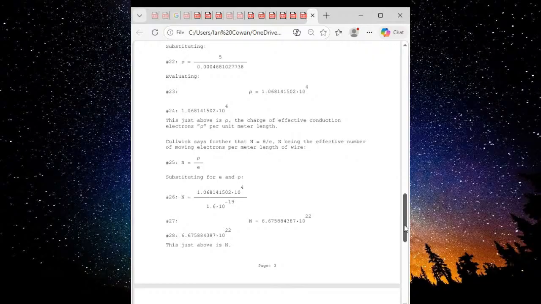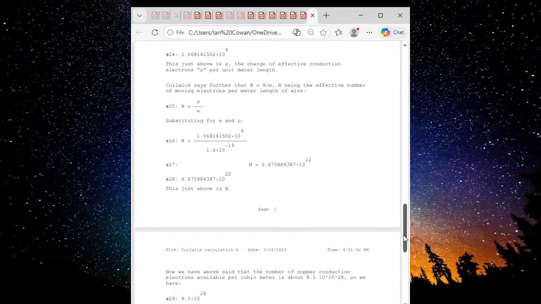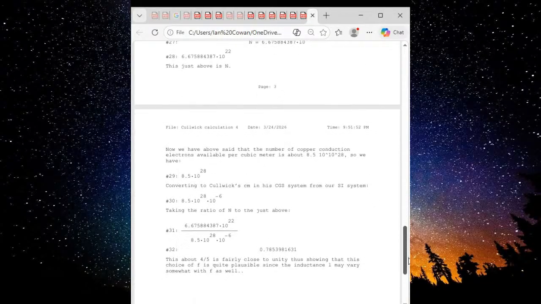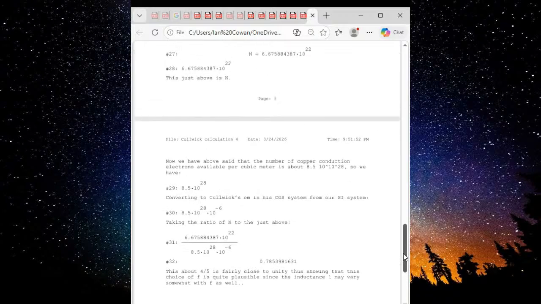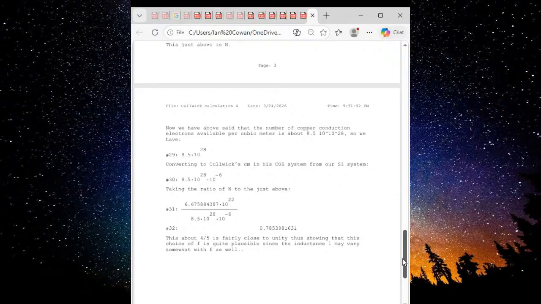Okay, so here we go on number 11. We have the ratio of the number of conduction electrons corresponding to the F that we've just calculated, and below is the total number of free electrons, 1 per atom of copper. And the result is